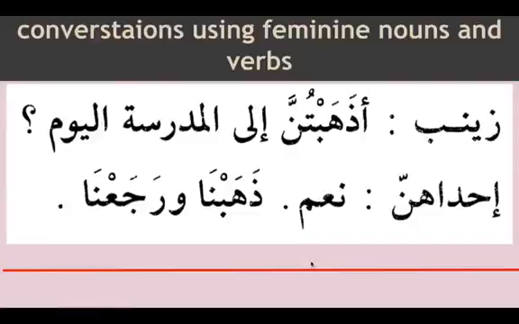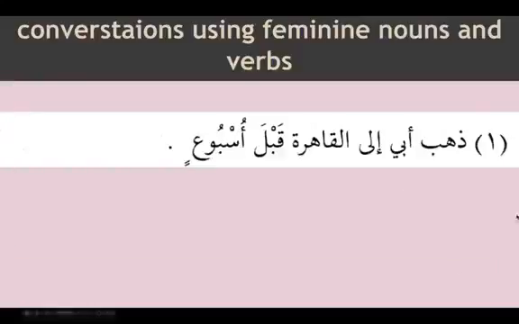So we're just going to refresh ourselves with the masculine verbs and try to identify fa'il and fa'il. ذهب أبي إلى القاهرة. Qahira means Cairo, the capital of Egypt. إلى القاهرة قبل أسبوع. So ذهب is a fa'il, so we're looking for the fa'il. We're looking for the sign of marfu. So how do we know which is the word which is marfu here? Look here. Abi, what compound is this? It is mudaf ilayhi. It is actually abu plus ya mutakallim. So we know this is marfu.